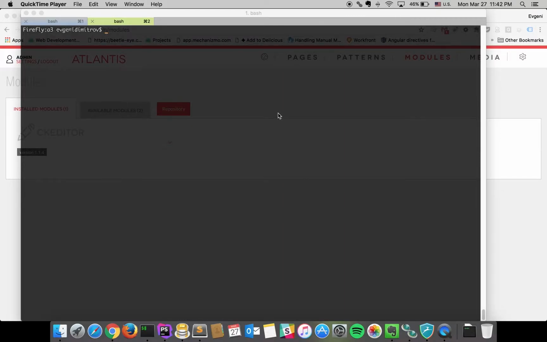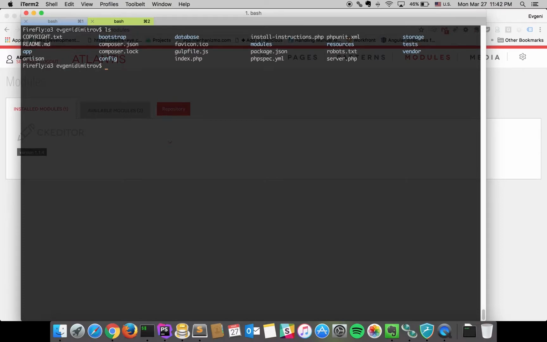In this continuous series we will be showing you how to build a module for Atlantis. To start, we need to run a command that will generate the bootstrap folders and files needed to run a module. Atlantis exports quite a lot of commands with Artisan, but for now we're just going to use this particular one. It's called Atlantis